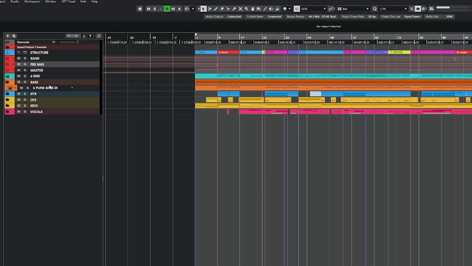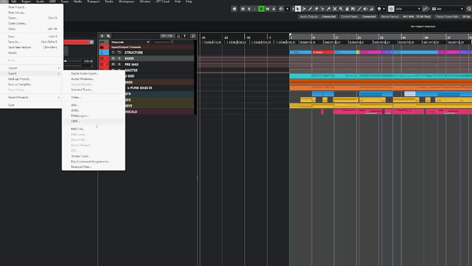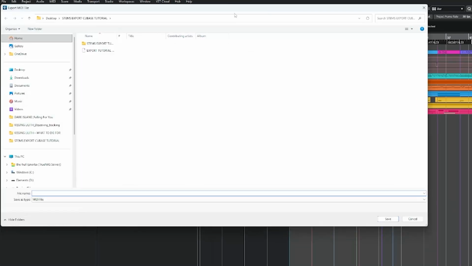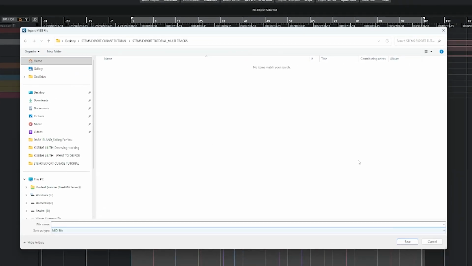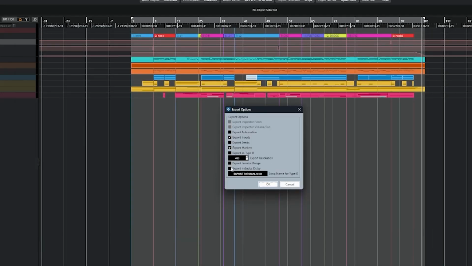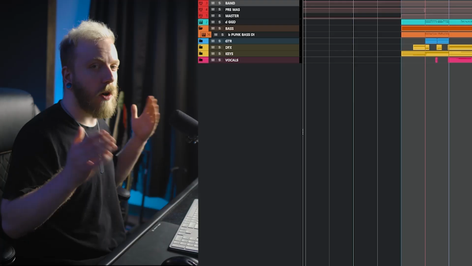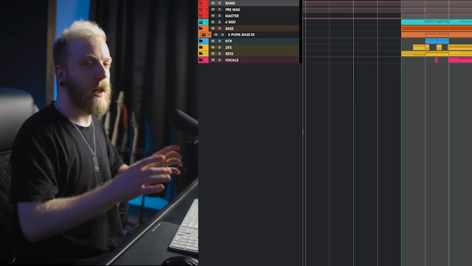And then MIDI in Cubase is really easy. You can be selected on any track. It doesn't matter. You're going to go up to File, Export, MIDI File. It's going to export one MIDI file. Ignore this. This is our folder that we're exporting to. And you're going to name this whatever the song is. So how to export stems MIDI. That's the name of our MIDI file. And then you can leave all this as is, hit OK. And it exports all of the MIDI data, so your drums, your bass, all of that into one MIDI file,